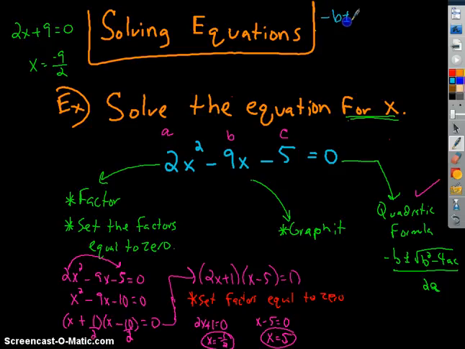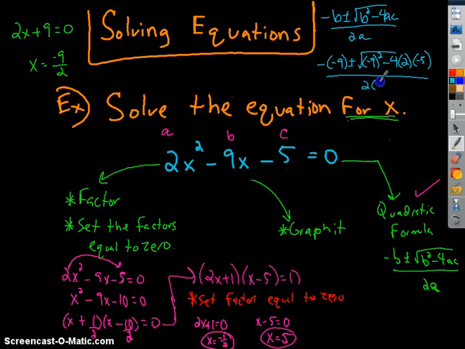Negative b plus or minus the square root of b squared subtract 4ac, all over 2a. All right, so if that's the case, I could take this negative b, it's already negative, so now it's negative 9, plus or minus the square root of negative 9 squared, subtract 4 times 2 times negative 5, all over 2 times 2. And if that's the case, what we now have is negative 9 makes positive 9, plus or minus the square